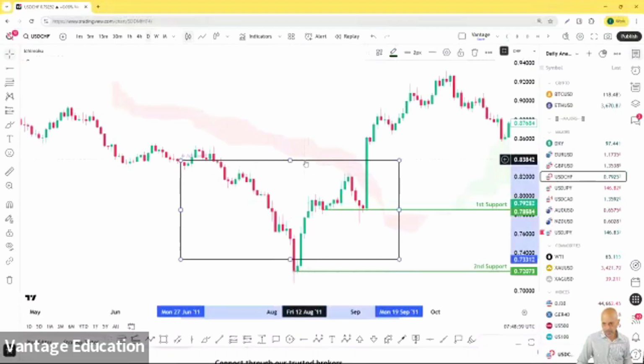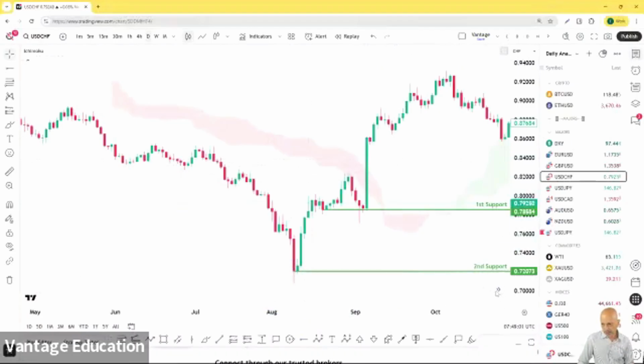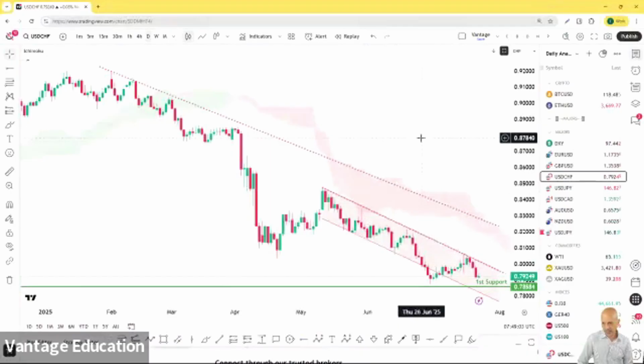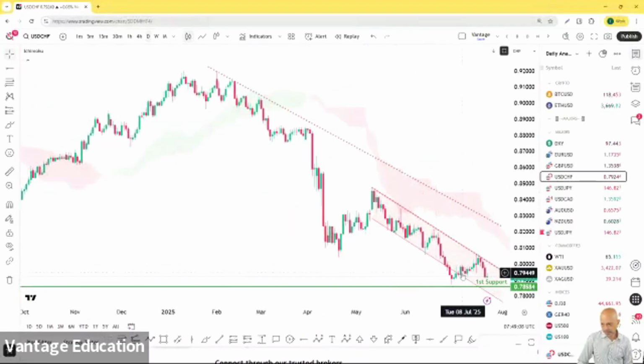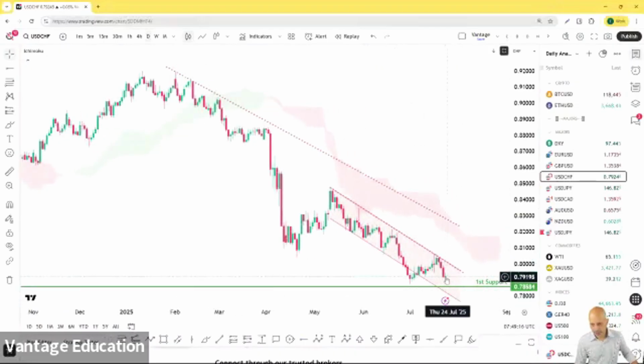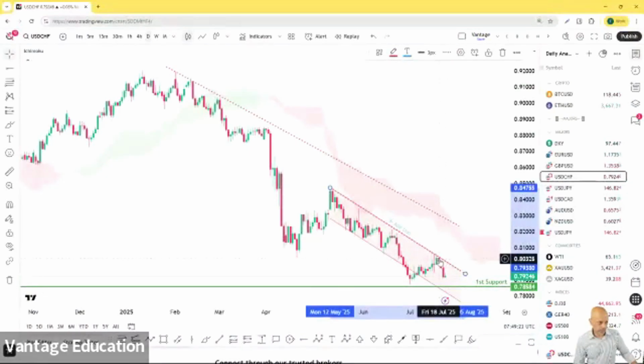Now we can get rid of that box here and come back and take a look at where dollar franc is currently trading. You can see here, as dollar franc fell rapidly at the end of June, it managed to stabilize just above the first support, which is at 78.54. So now with dollar franc looking to fall lower, right after running into resistance last Friday, 18th